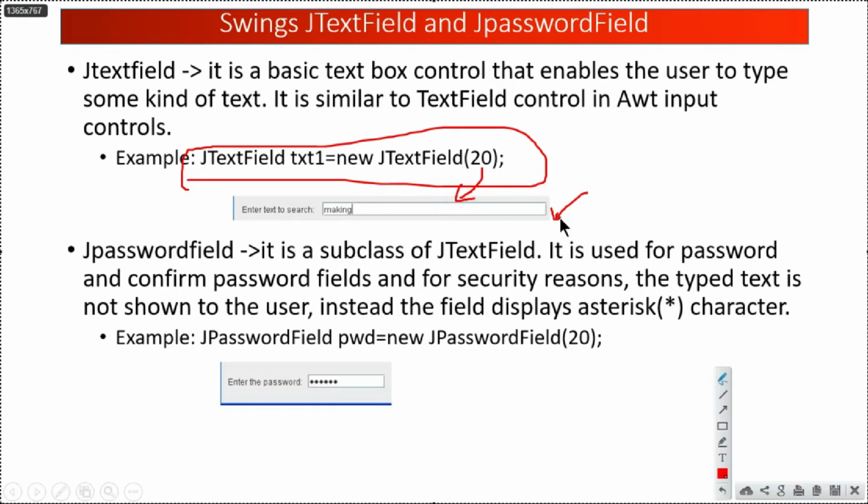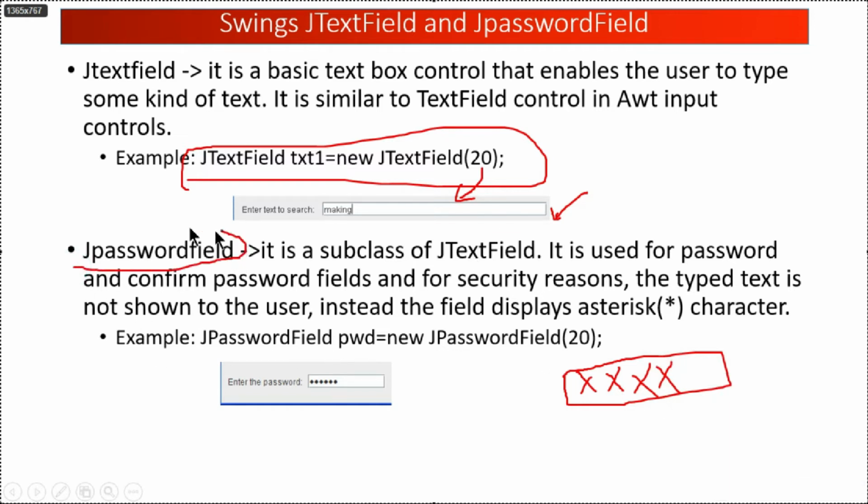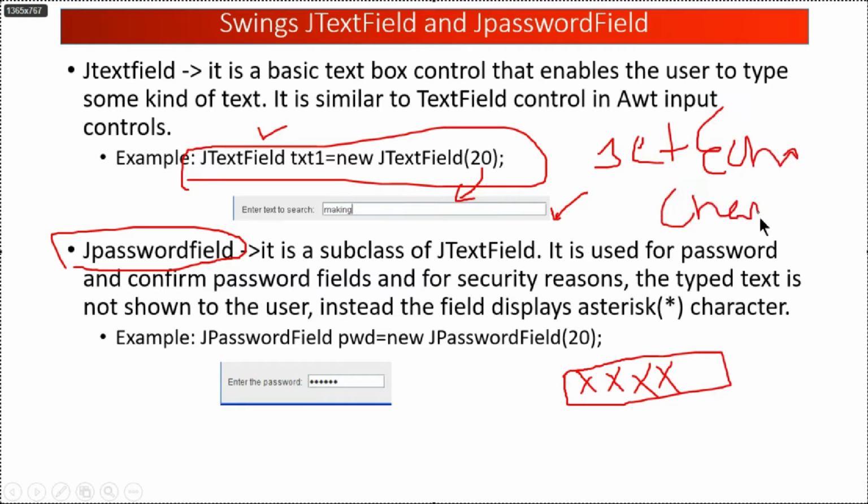Then you may need a password field as well for options like type your password or confirm password. You may want to display a text box, but whatever the user types, you don't want to show it, like an asterisk or star is shown for whatever the user types. To implement such a thing, you can use the JPasswordField class. It was not available in AWT controls. In AWT, you have to use the text field and then use the setEchoChar method, with capital E and capital C, and inside this pass the parameter that you want to echo, like star, and this will be shown this way. But in swing, JPasswordField can be used straight away.